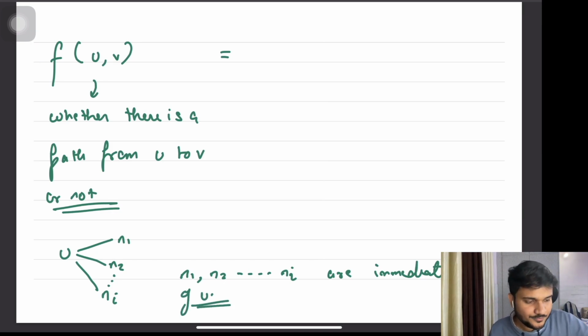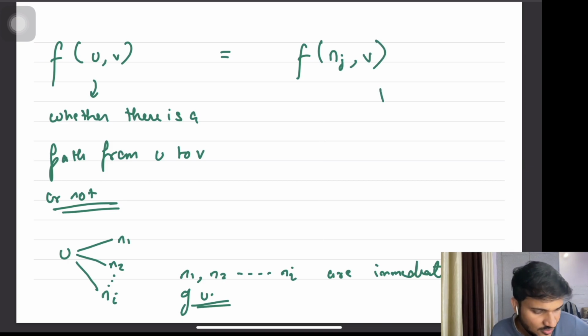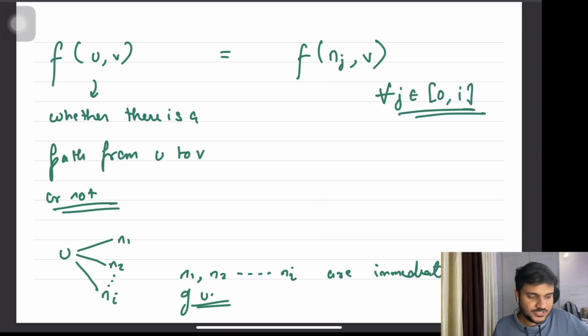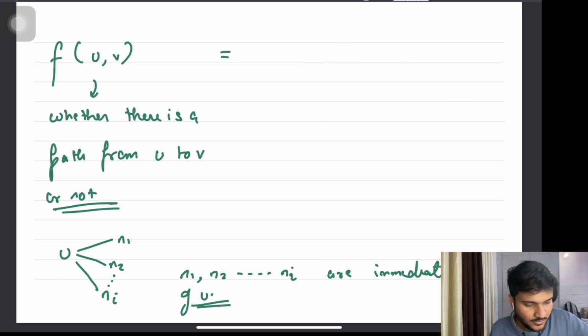So what you are going to do is say that if f of n_j to v exists for all j that belongs to the range 0 to i, if this thing holds true, then this is also true. If this thing holds false, then this is also false. Or let me represent it in a more demonstrative way.